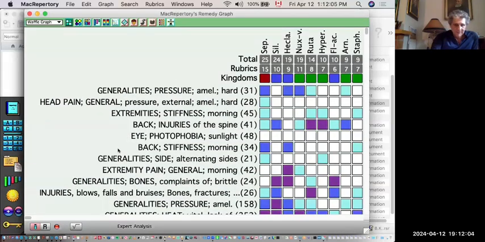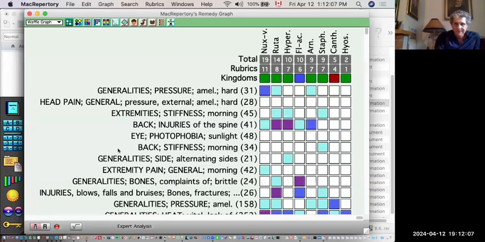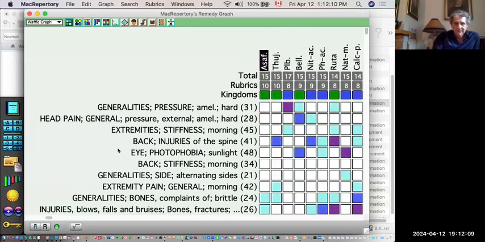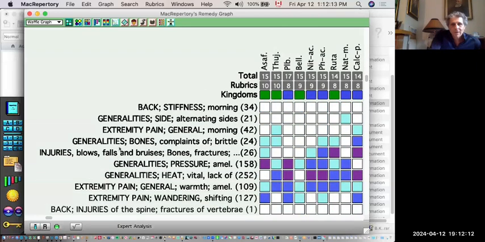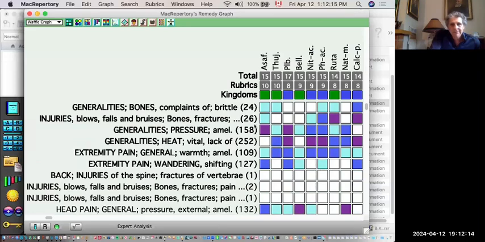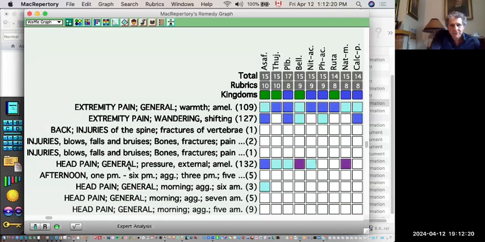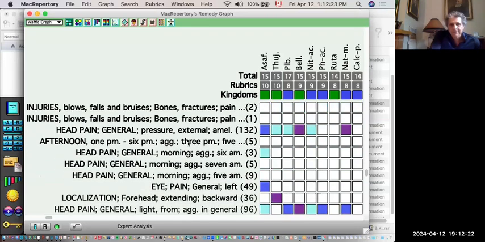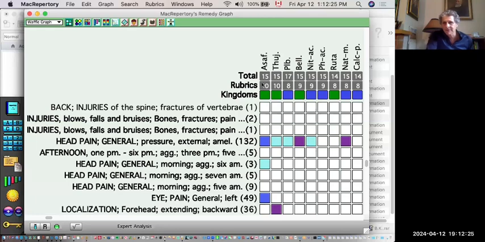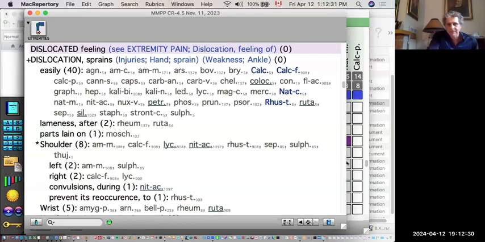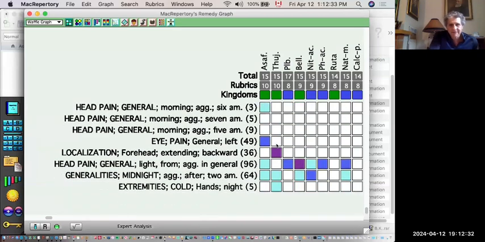In any case, the remedy that I prescribed was asafetida again. Maybe because she was better with pressure. There was wandering pain. Okay, so here you see it's 10:15, this is with our repertory, 10 symptoms out of 15. There must have been something that grabbed me. Maybe she was worse at 2. So again, that's the remedy, done by Tim.